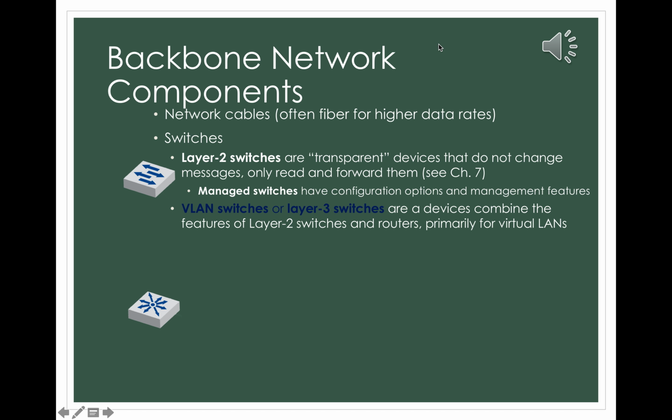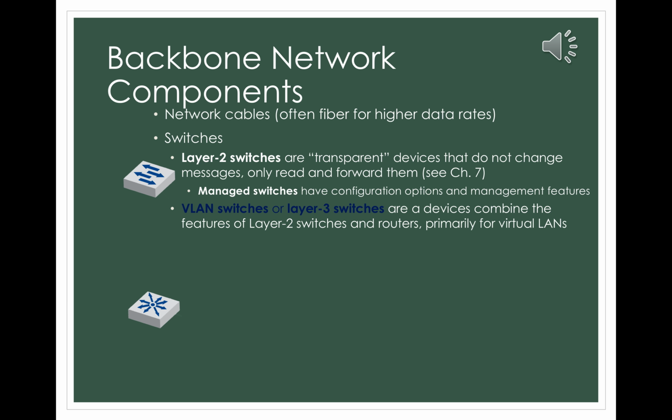All right, now we're going to discuss backbone network components. They consist of the network cabling. In faster data rates, they use fiber if they want to have a strong backbone. And as far as switches, they have the transparent layer 2 switches, which operate at layer 2 on the OSI model pretty much. They are truly switches. They don't have IP addresses. They have management features associated with them, but they're not